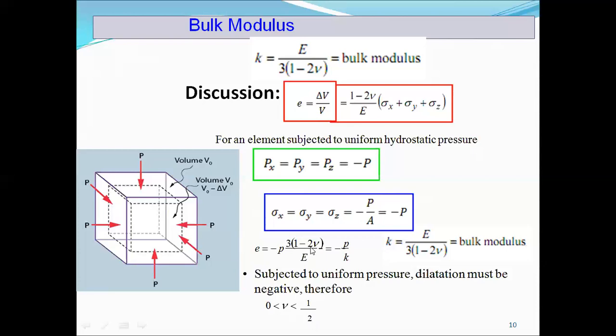If you consider mu is 1 by 2, this 2 would cancel with this 2, we would have 1. So 1 minus 1 is 0, and 1 minus 1 is 0. So 3 minus 0 is 0. And 0 by 0 into P is 0, and 0 by E is 0. Dilatation, or the change in volume, is 0. It is not feasible, because